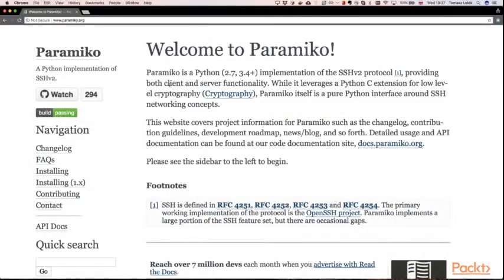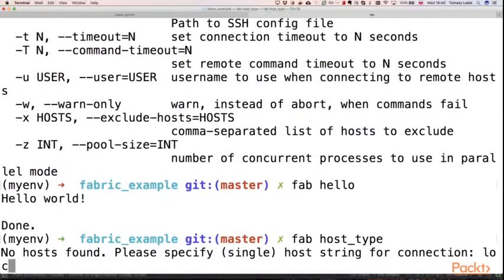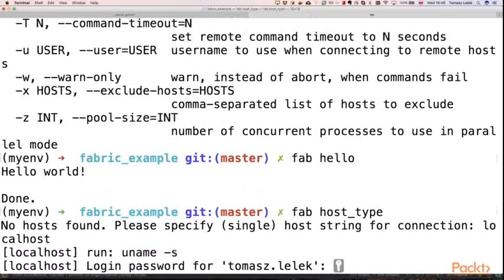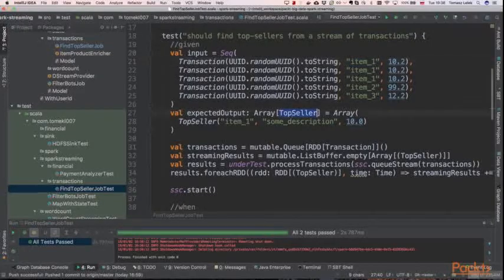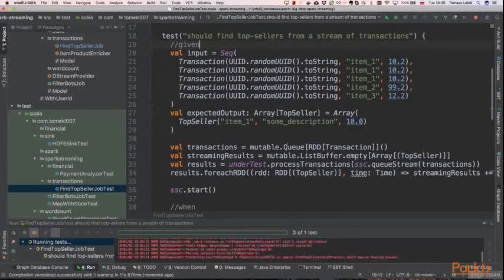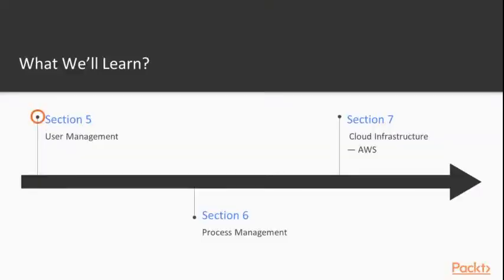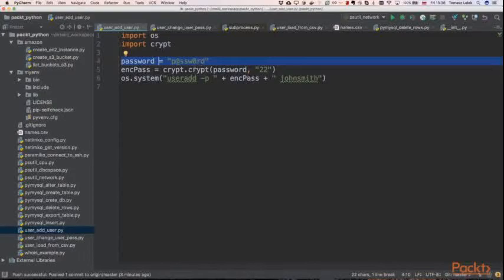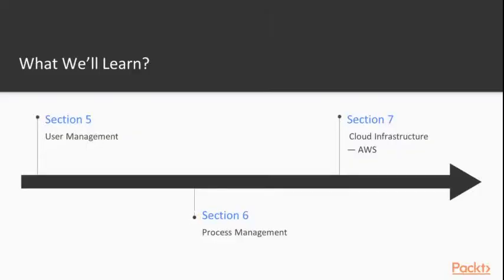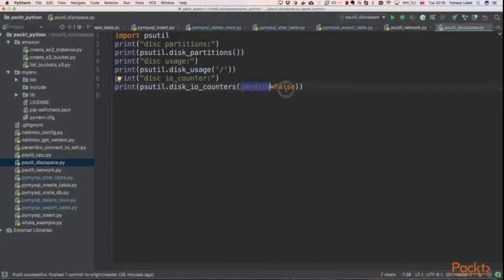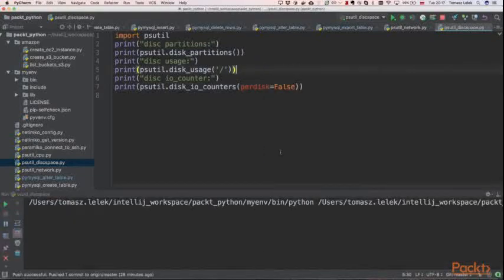Fabric is a tool written entirely in Python and we will be interacting with that tool using its Python API. Next, we'll see how to perform automation of database management. We'll be using MySQL as an example and we'll be doing database management using Python. Next, we'll see how to manage users. Often, when we have a lot of microservices, we also have a lot of users and we need to manage them somehow. In the sixth section, we'll be looking at process management and how to monitor infrastructure using Python